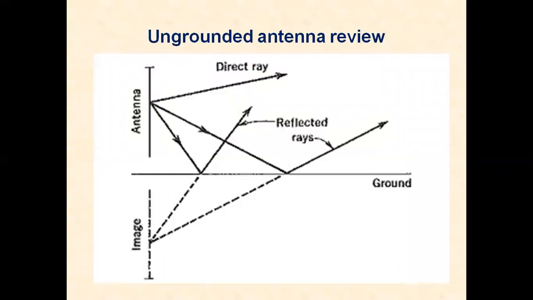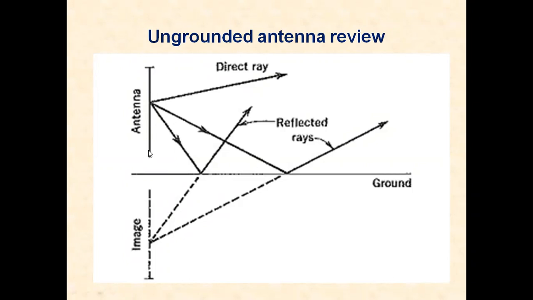And we have the ungrounded antenna, when the antenna is placed nearer to the ground but is not grounded. When the antenna is very close to the ground, its radiation pattern gets modified on account of reflection from the ground. If the ground is assumed to be a perfect conductor, a true mirror image of the actual antenna is considered to exist below the ground.